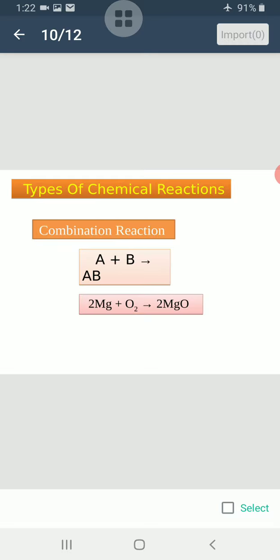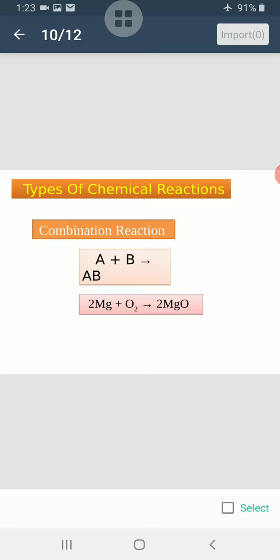When an electric current is passed through the water, it gives hydrogen and oxygen gases. And water is liquid, but hydrogen and oxygen are gases. So the reactant is in liquid state and the products are in gaseous states. And when hydrogen burns in oxygen, water is formed. So when two gases, hydrogen and oxygen, combine together they give liquid, that is water. So this is an example of change in state.